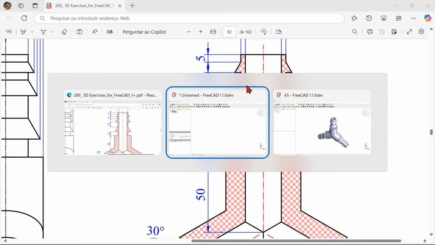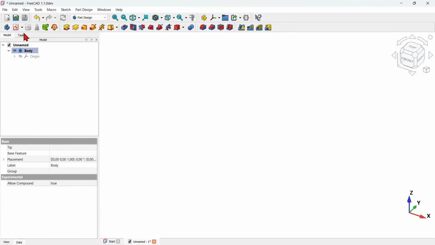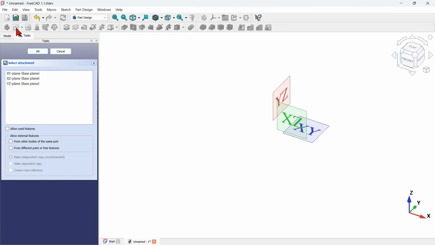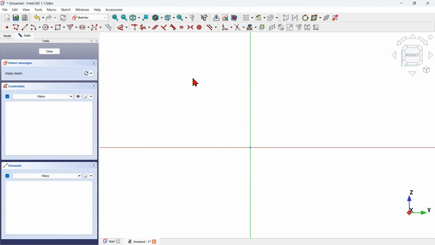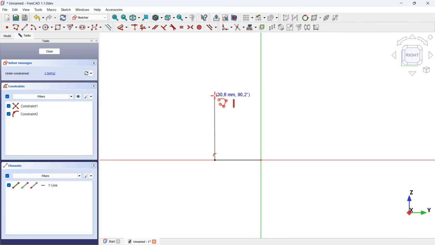So now I go to my document and I click on the create sketch icon to create a sketch, and now I select YZ plane. And in this sketch here, the first thing that I'll do is to select the polyline tool in the sketch geometries of sketch workbench, this tool here, and start creating the geometry. I will start here on the origin axis and create a horizontal line like this, and next a vertical line,